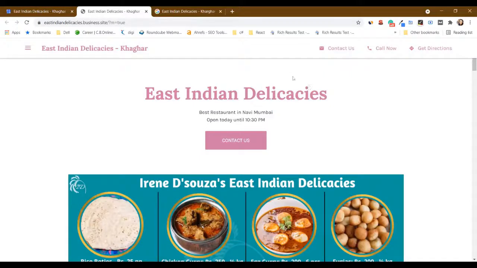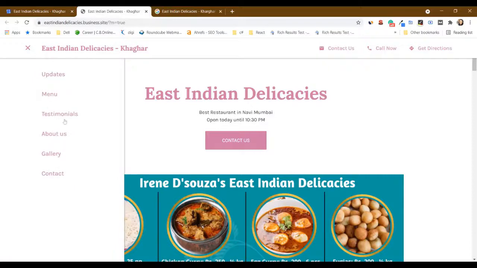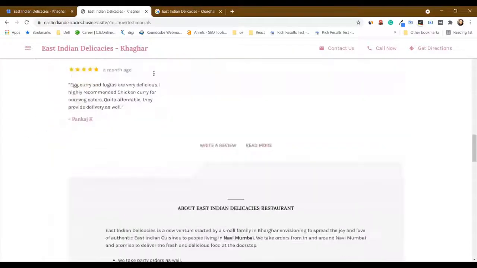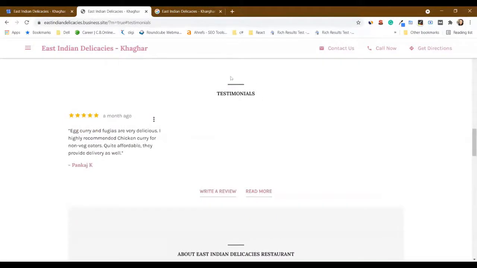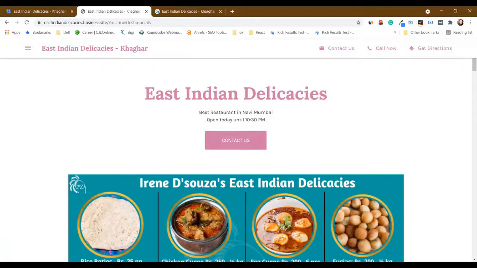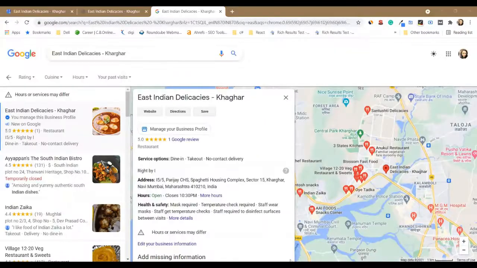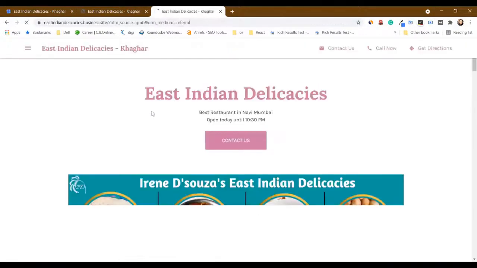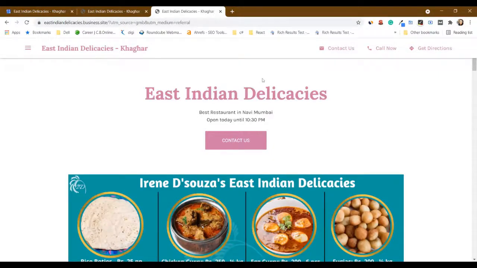Alright, so here you can see how easy it is to create a website. There is even a navbar over here, and since it's a one-page website, wherever you click on the navbar, it will take you to that particular section. So there you go. Create a Google My Business profile first, then make a Google My Business website for your business without any coding or spending any money. Also, you can see that since I have published, the website tab has been enabled on the Google My Business profile. So when someone clicks on the website, they will automatically come to your website.